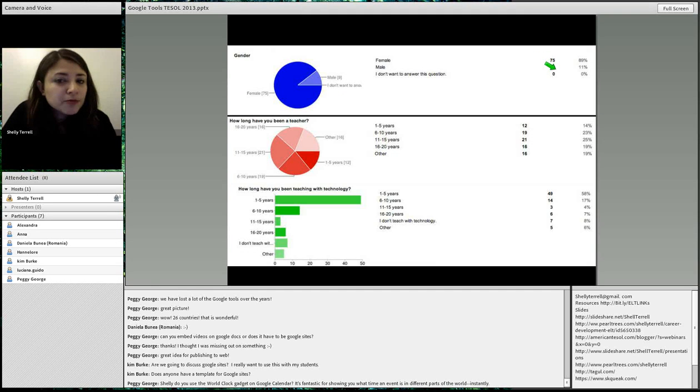For this particular one, I had 75 females fill it out, and I had 9 males. It puts the results in pretty graph forms for me, in pie charts and bar graphs. I didn't do any of this. All I did was click something to give me a report, and it automatically showed me everything in a nice, pretty graph form. And then I can show my administration this.